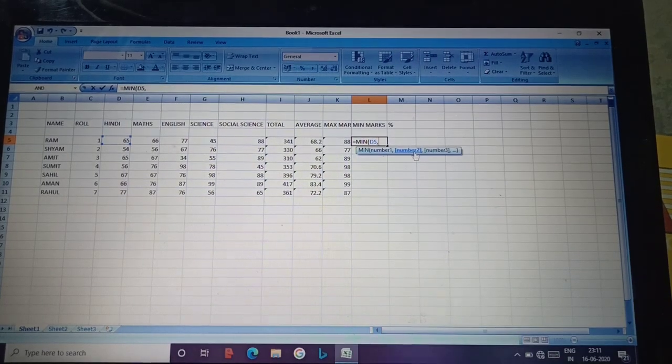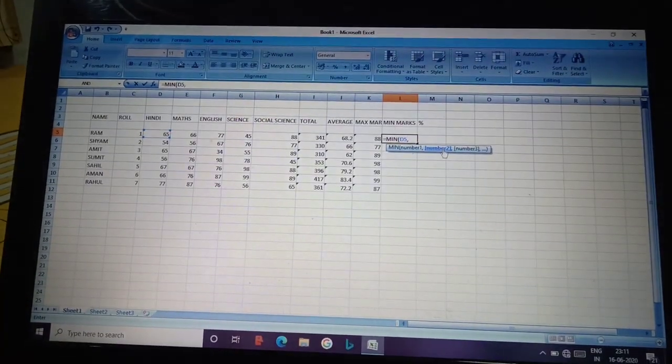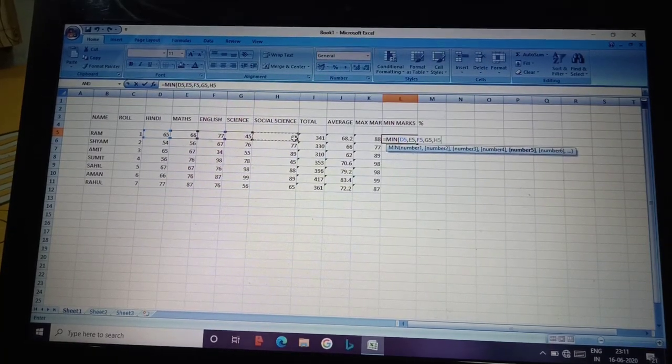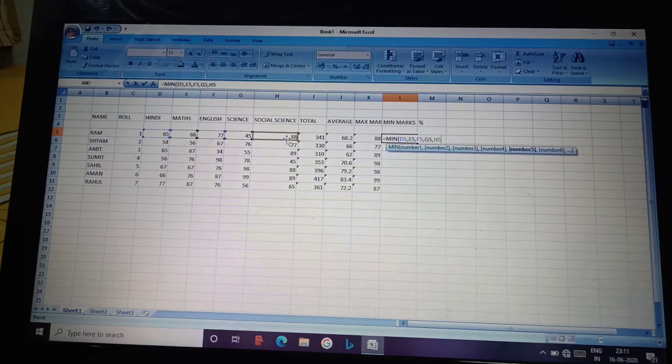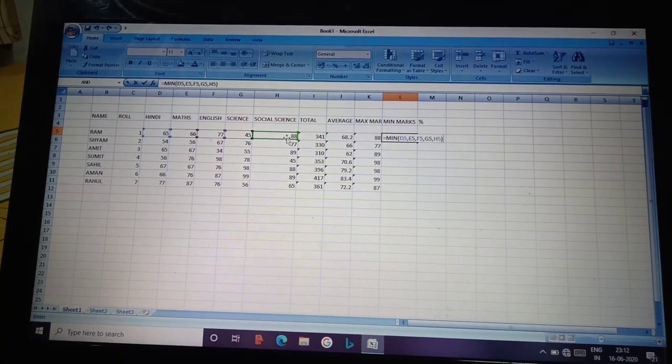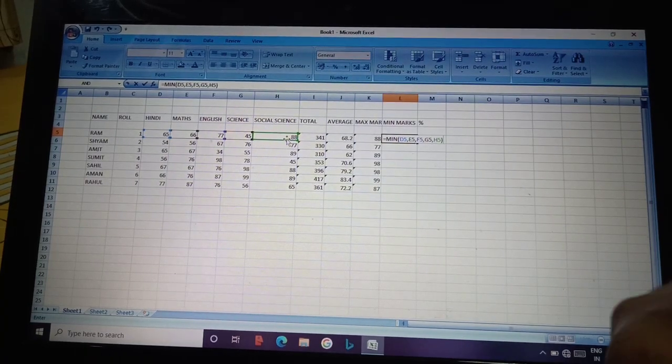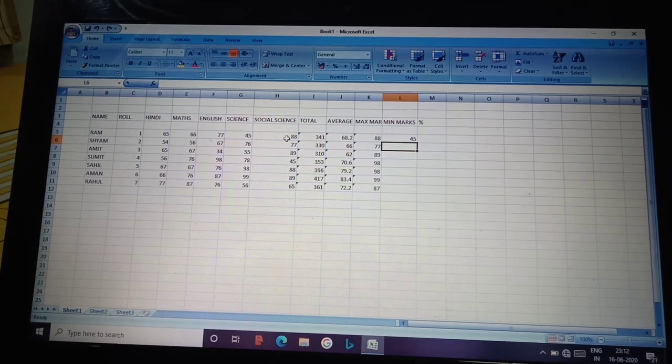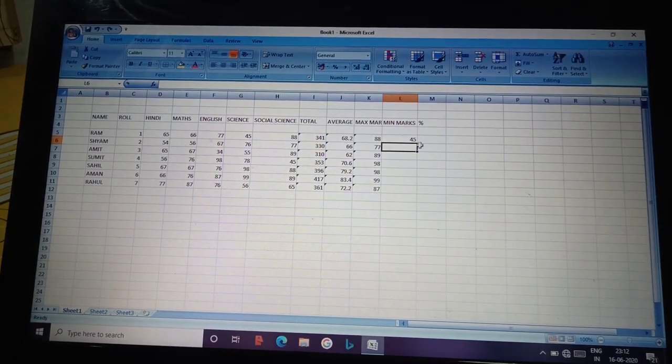This is also a way of writing the formula. The second one, then again comma, the third one, comma, then the fourth one, comma, then the fifth one, comma. That is the last mark, so we will not put a comma, and we will close the round bracket. Once we click on enter key, we will get the minimum marks of RAM, and by using autofill, we will get the minimum marks of each and every student.